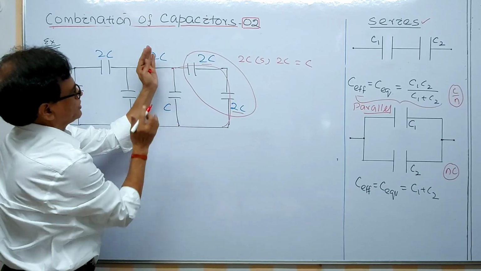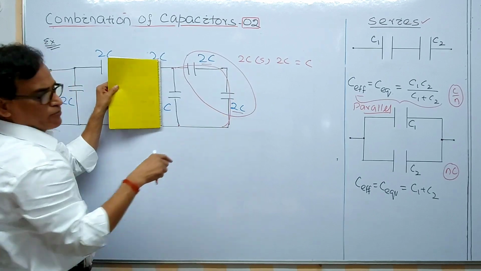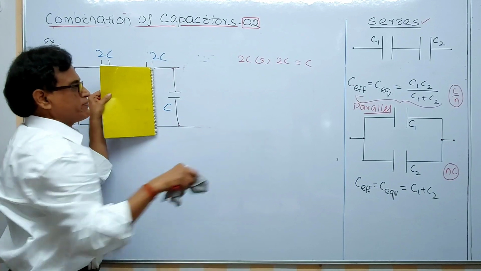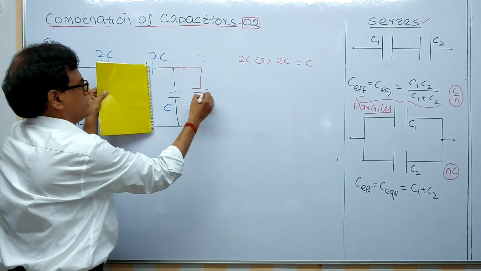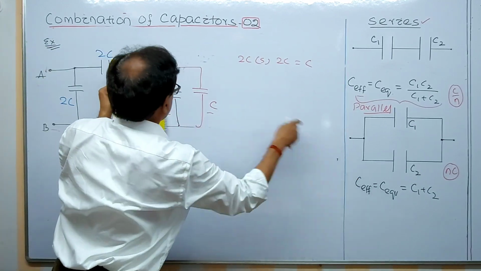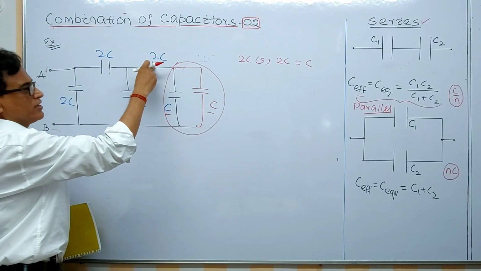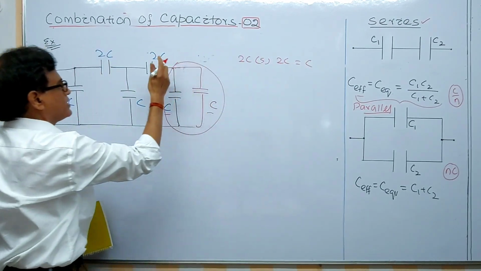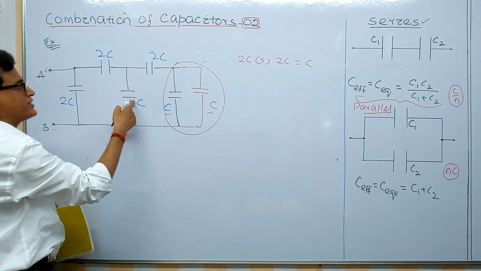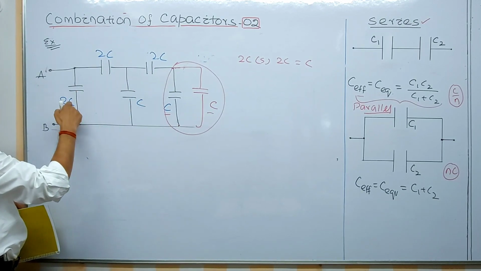This C is in parallel with this. You can see now here. That C, these two can be removed. And the effective capacitance is C. This C in parallel with that C in parallel gives twice C. So this gives you twice C. The twice C in series again gives C. That C is in parallel with this one. Again C plus C gives twice C. That twice C is in series with this one. Again C. And that C is in parallel with this one.